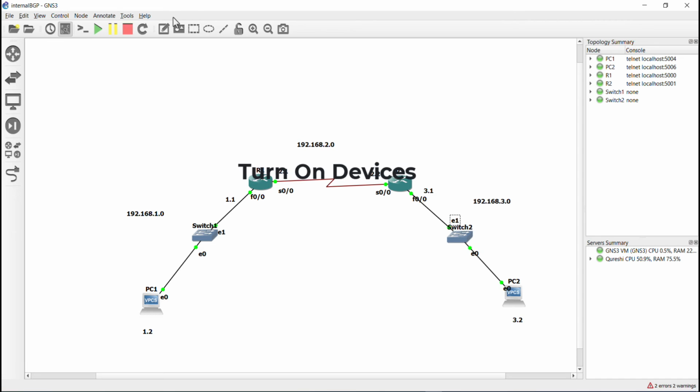Turn on all the devices and open the console for configuration.